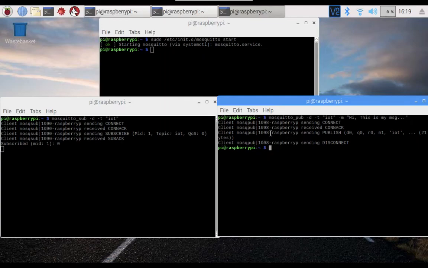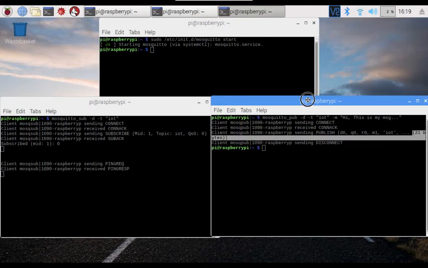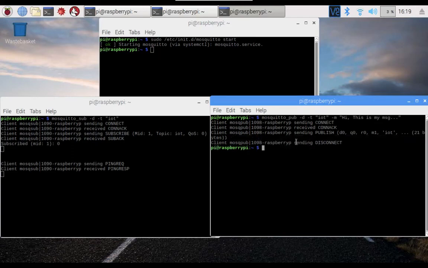You can see our publisher sent a connect packet, then it received a connection acknowledgement, then it sent the actual message. It published the actual message, which is 21 bytes. Then our publisher sent a disconnect request.